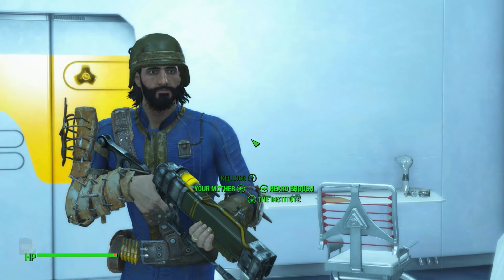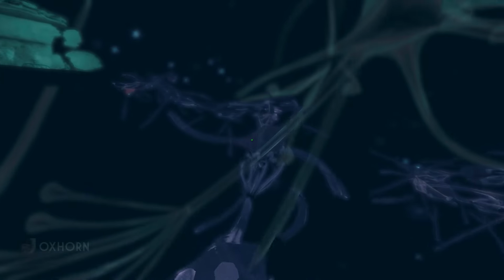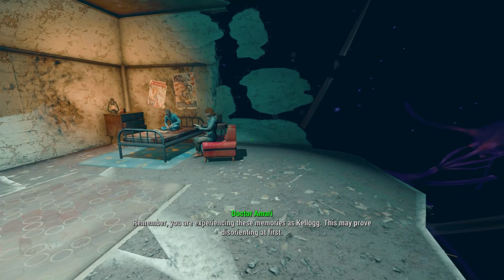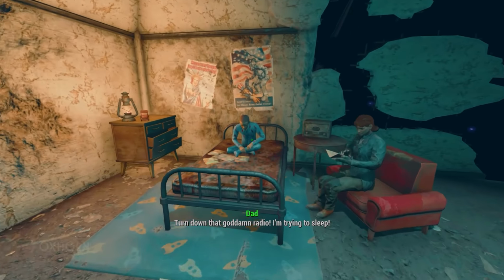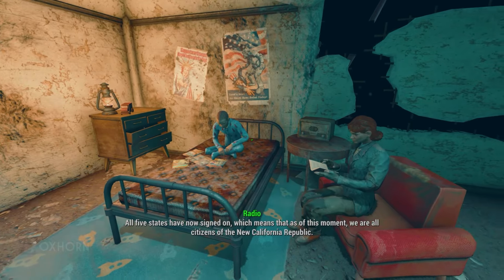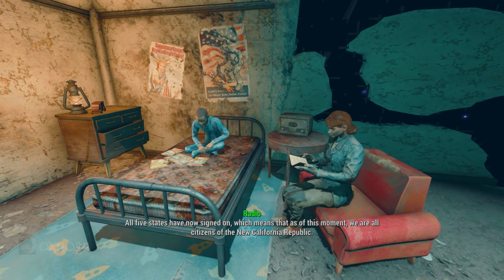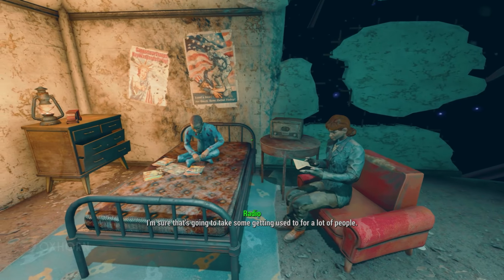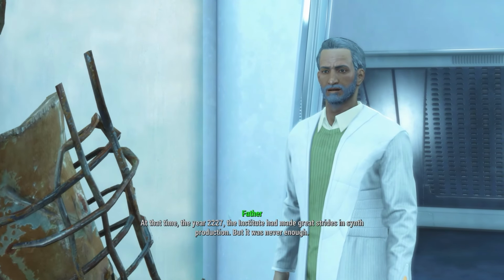And at last, all of the questions we had about Kellogg are answered. The pieces have finally come together. We learned from Kellogg's memories that he was born in 2179, 108 years ago, 10 years before the New California Republic became a complete nation. All 5 states have now signed on, which means that as of this moment, we are all citizens of the New California Republic. We just learned from Father here that Shaun was taken from the vault in 2227. At that time, the year